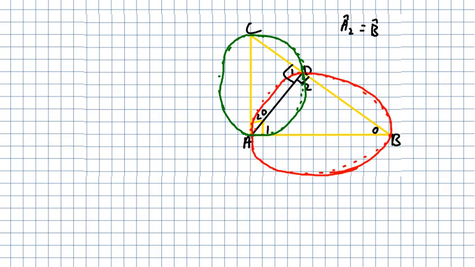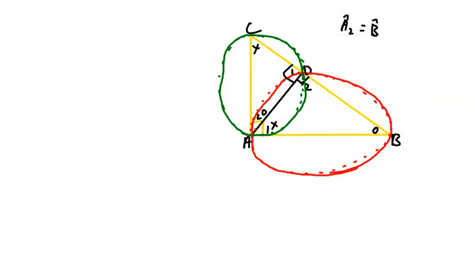Then by tan chord again, it becomes easy to see that A1 is equal to angle C. Then bravo, look at that. We are done. We can write our similar triangles. So I will start with triangle